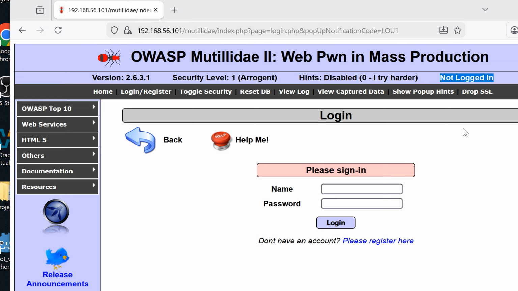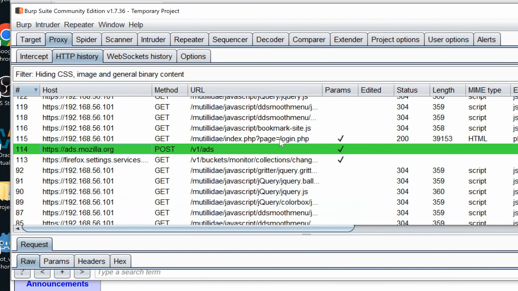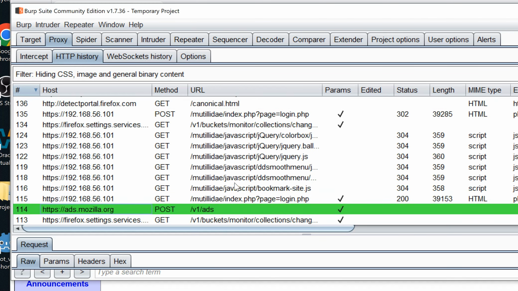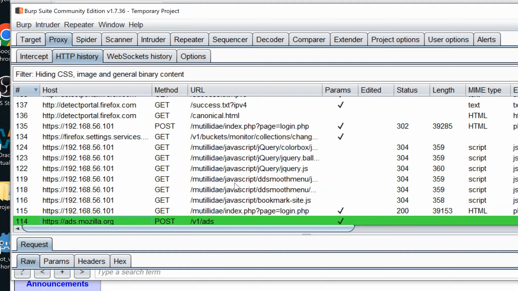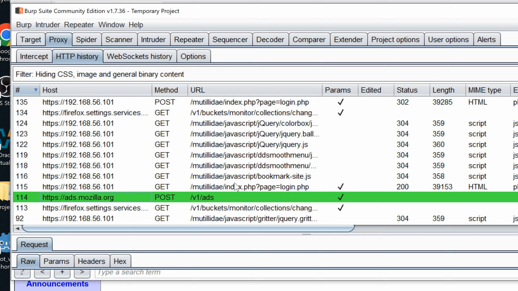From there we can now view these steps as messages in Burp's proxy history tab. So we can go back. Let us go back inside Burp, then proxy HTTP history. You can see now, from our previous request, which is this one. So what we are going to do right now is